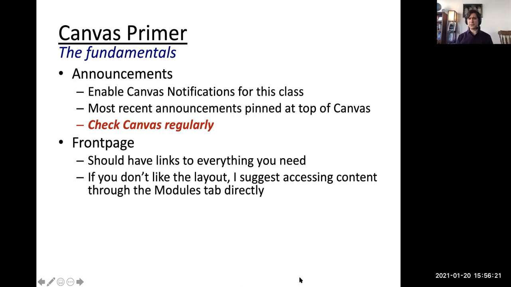I've created a front page for our Canvas site that has a series of links. I'll show it to you here in a minute. But it should give you everything that you need for the semester. It has a link to pretty much everything that you need: all the weekly modules, additional course information, and things like extra credit opportunities. If you don't like the layout of the front page, I suggest just clicking on the modules tab. That is where the primary course content delivery happens. It's normally what I set my front page as, but I decided to try to be a little bit fancier